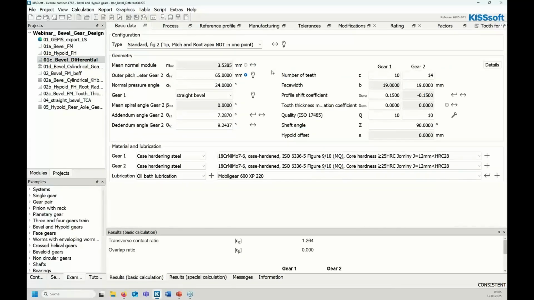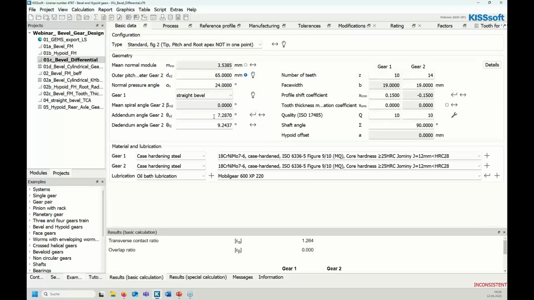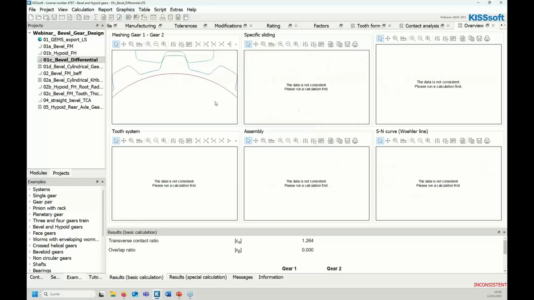Let me have a look also at the straight bevel gears. Straight bevel gears are described in the configuration with the three standard options. Here it is selected figure 2, which has the user input available for the addendum and dedendum angles. When we go on process, we see there is no cutter head selection available because it's not manufactured in that same process. And when we go on an overview graphic,